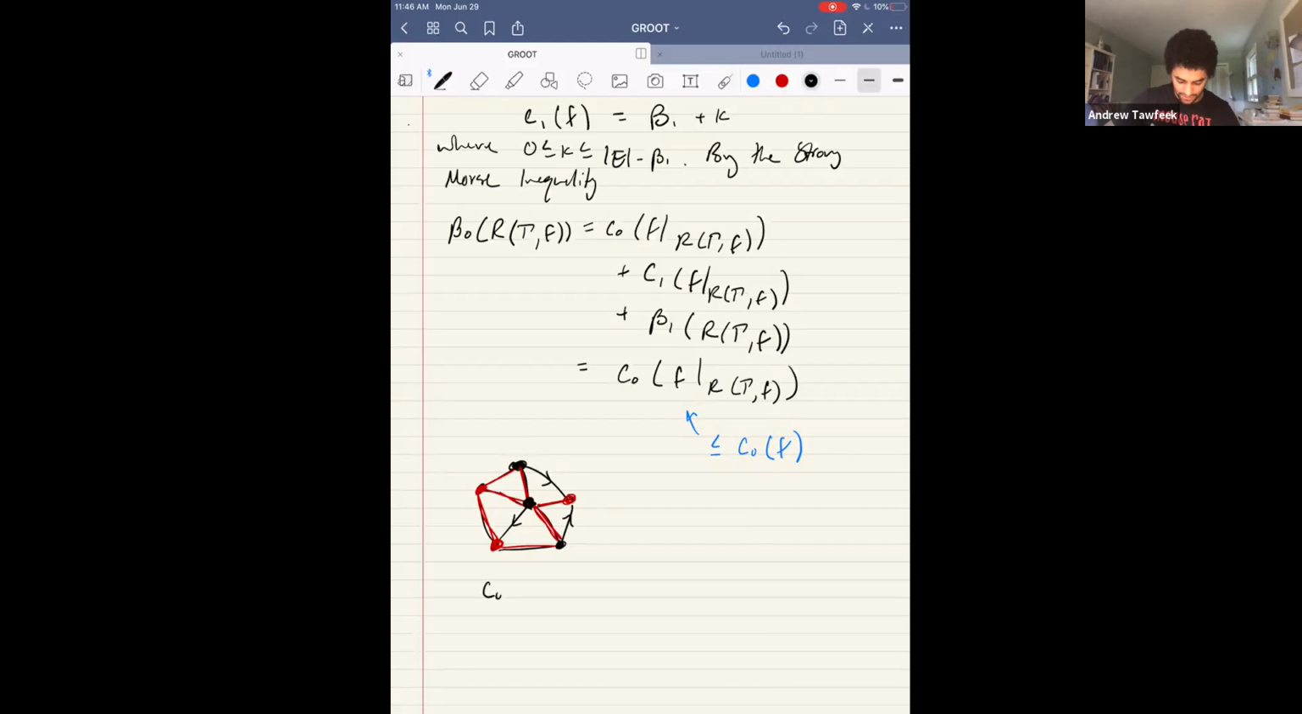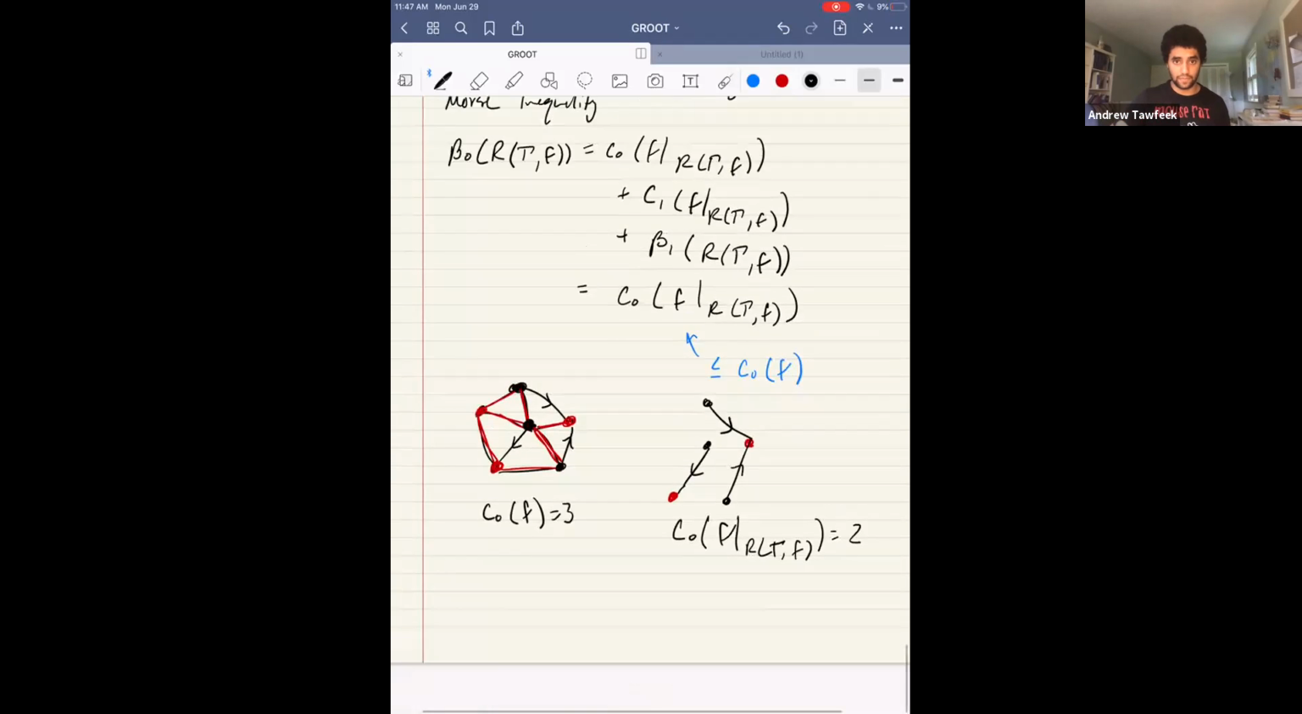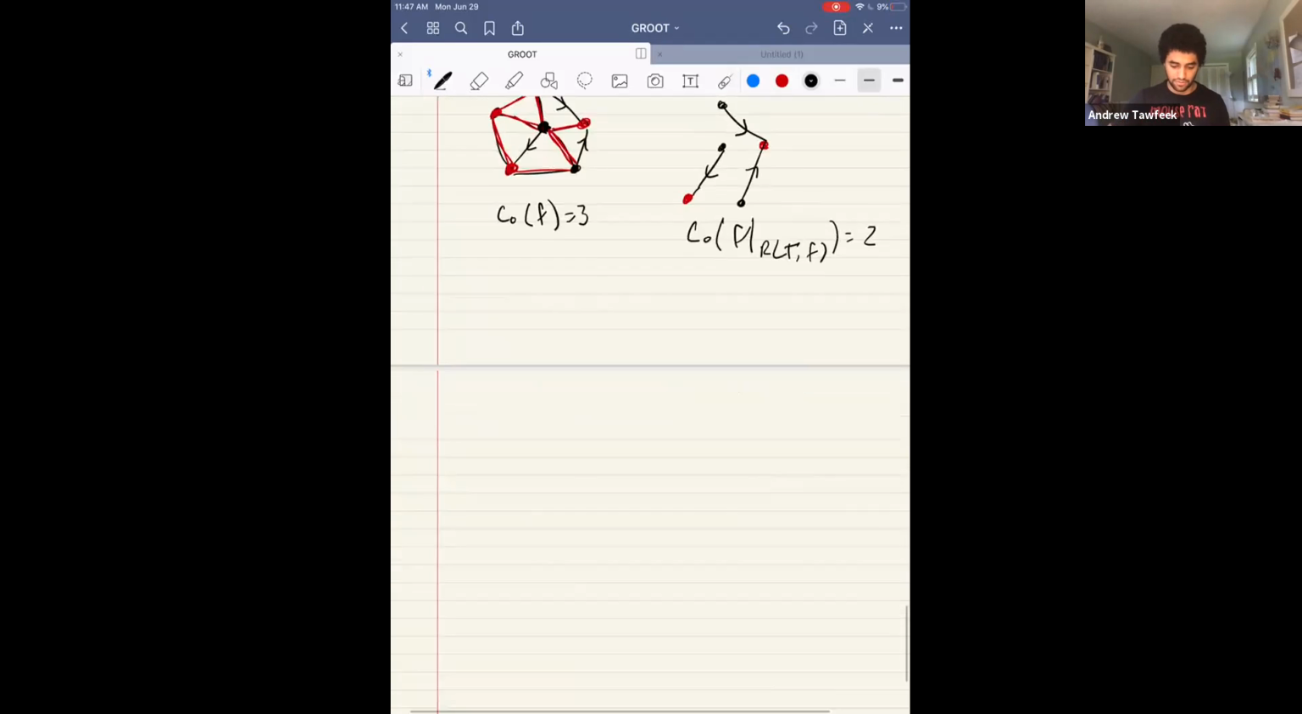And in this case, we see that C0 of f is equal to 3. Here are the 3 critical vertices. And now if we look at the remainder, the remainder is just going to be these. So C0 of f restricted to the remainder, in this case, is 2, and that is indeed the number of connected components. And by now, it's probably clear that, through methods similar to before,